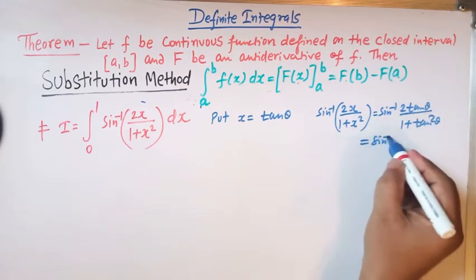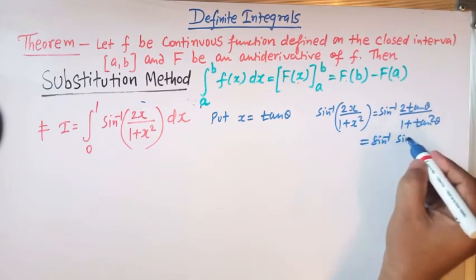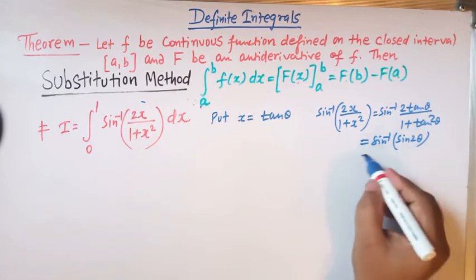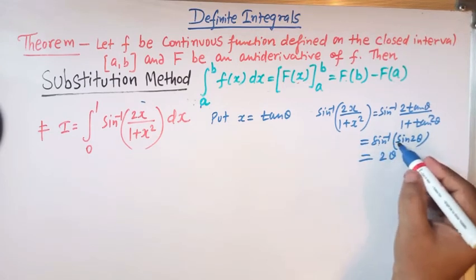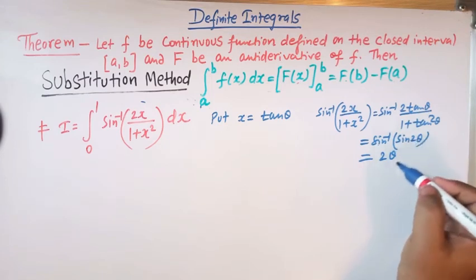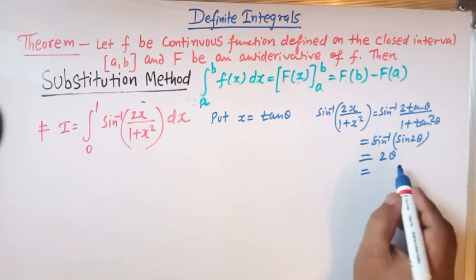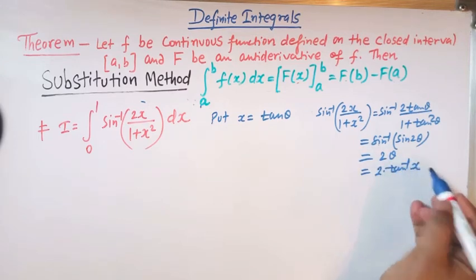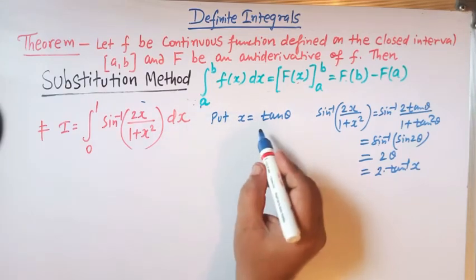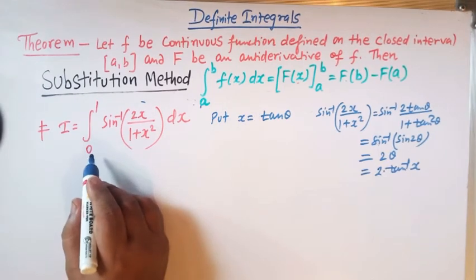So this is sine inverse, and 2 tan theta over 1 plus tan square theta is sine of 2 theta. So sine and sine inverse get cancelled by the definition of inverse functions. So we have 2 tan theta, which can be written as 2 times tan inverse x, right? Now what we will do,